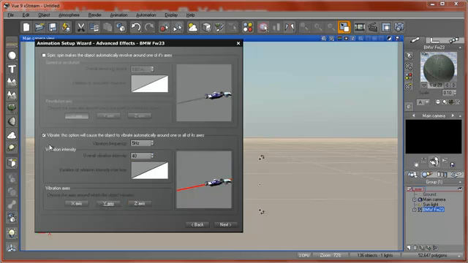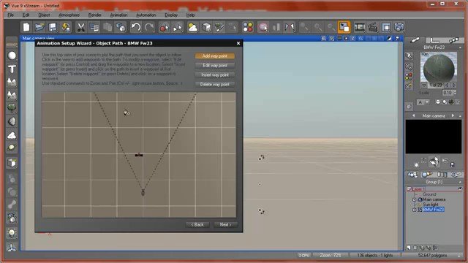Okay, we don't want vibration. I'm gonna deactivate it. Click on next, and here I have a screen which will give me the ability to define the path of my animation. Okay, so here I can click on add waypoint and then simply draw my